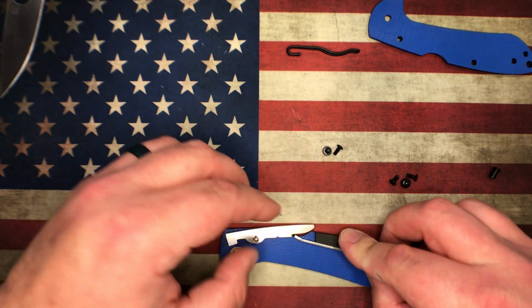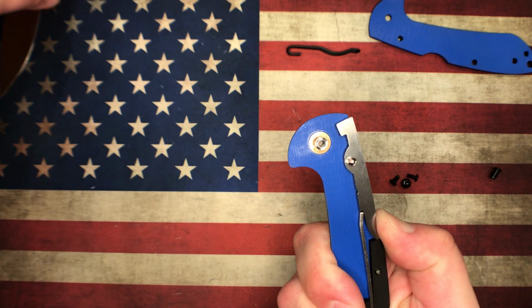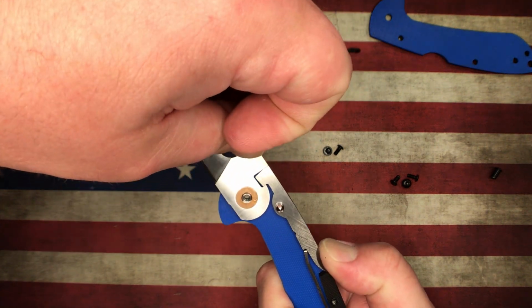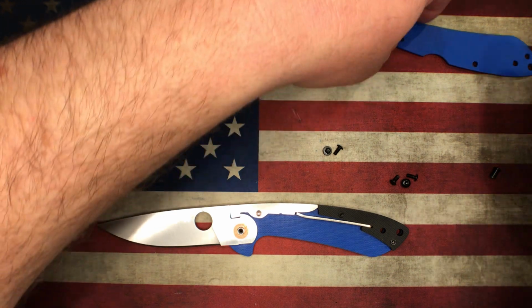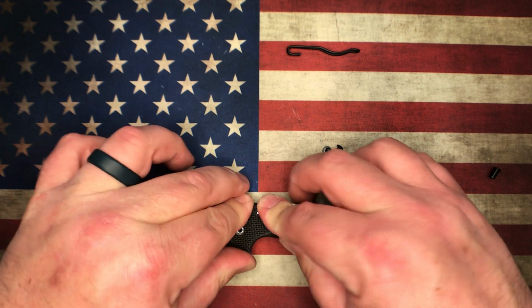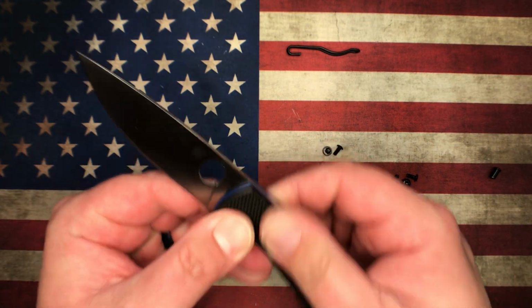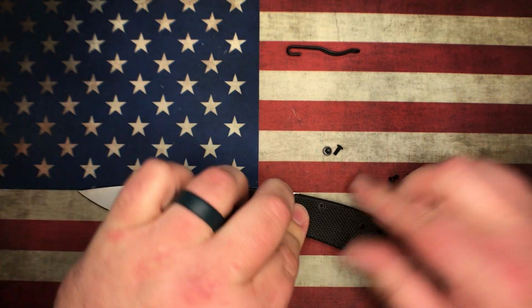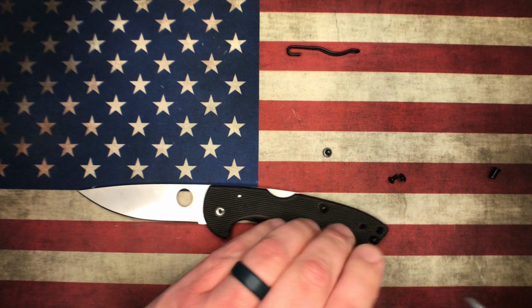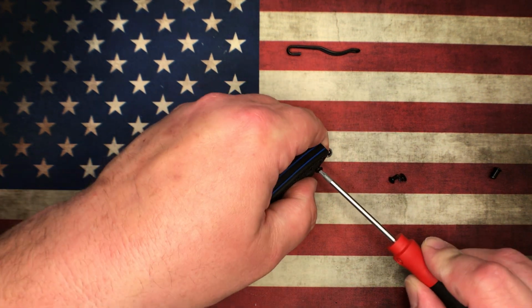So I need to get this lined up there, and then I need to preload that spring. Like so. Okay. All right, now we'll go ahead and put this top half on. Man, everything about this knife is just really, really tight. Get our driver here. So this is basically just a bit